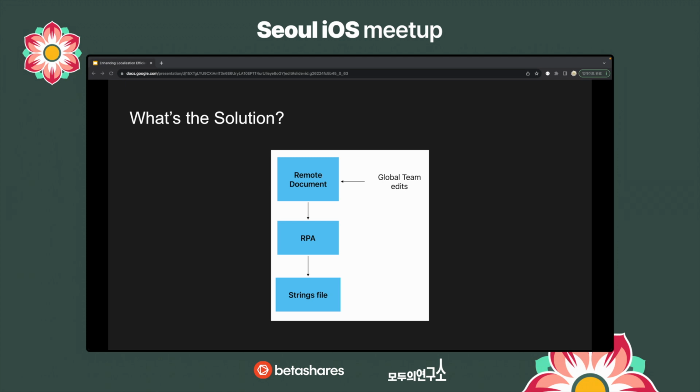The RPA reads data from this document and provides the strings file directly to the client programmers. With this method, programmers no longer need to manually copy and paste hundreds of times, thus eliminating the risk of errors from incorrect copy and pasting.